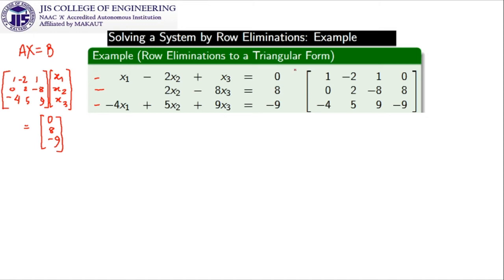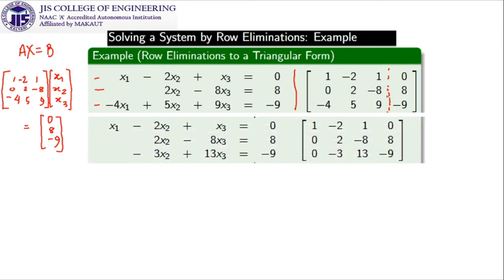And look at this also. This is your augmented matrix A slash B. So in the next step, what we are doing, we are trying to eliminate x1 except in the first equation. In the second equation x1 is absent, in the third equation x1 is there with a minus 4 coefficient. So if I